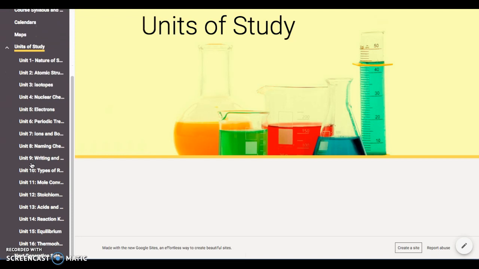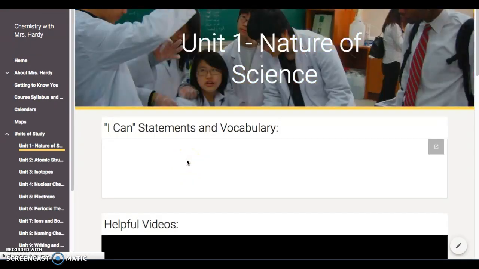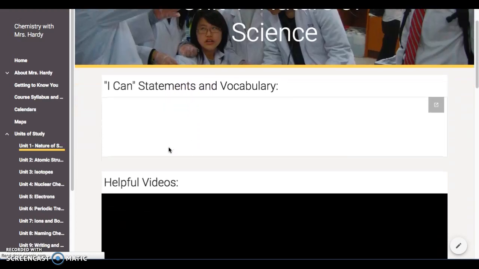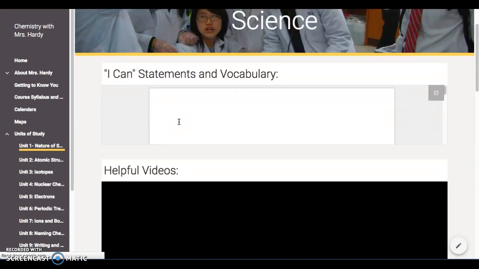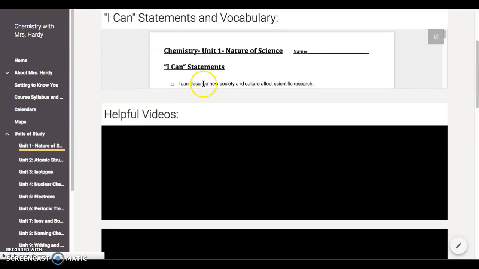Back over to the left-hand side, this is where you're going to find all 16 units of study in chemistry. Each unit is about 2 weeks long, and if you click on these units, you will find 4 sections in each one of these pages. So the first section is going to have the I can statements and vocabulary words for that unit. It's being really slow to update right now, but you will find that here, the document for the I can statements and the vocabulary words will be right there for you,